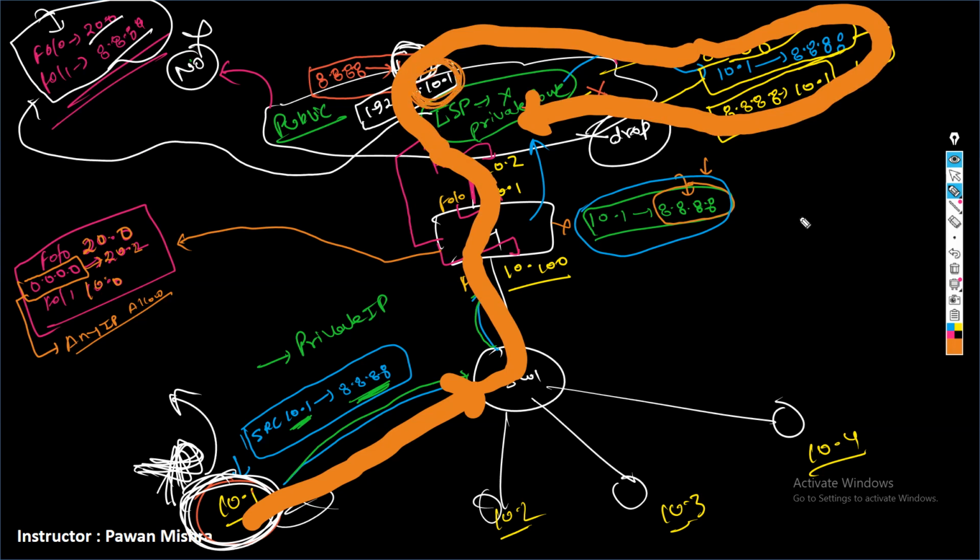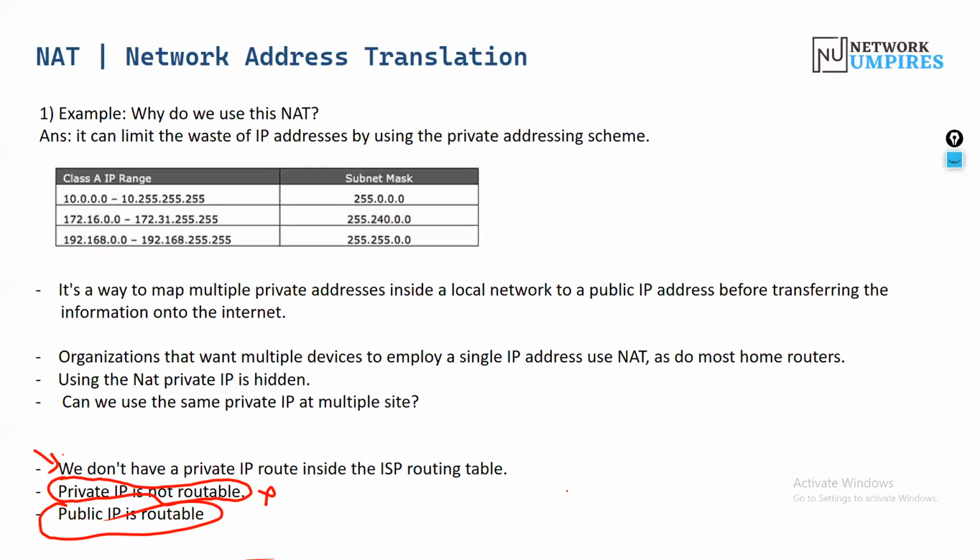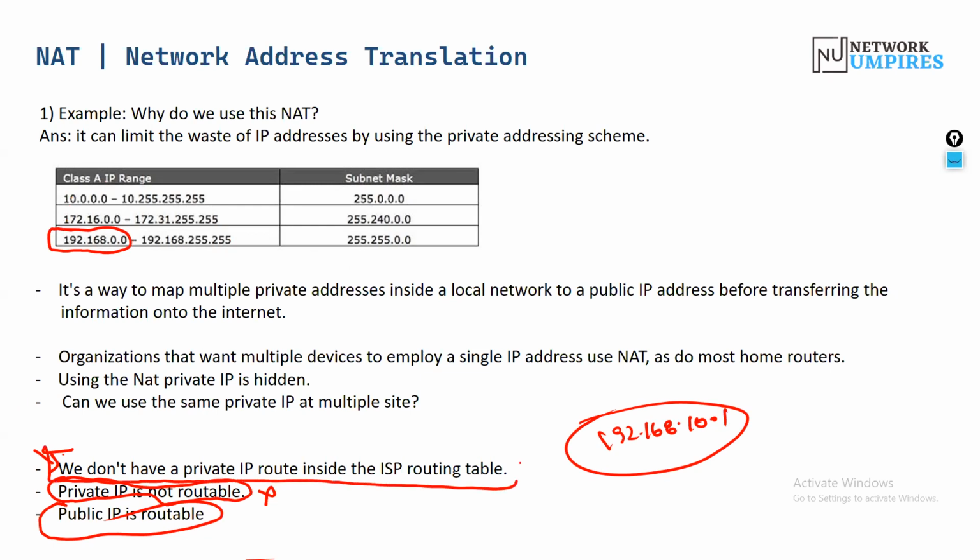10.1. It means 192.168.10.1. And guys, I told you one point: this 192.168.10.1, this IP, which type of IP is it? It is a private IP, and I told you on an ISP network we do not have a private IP address